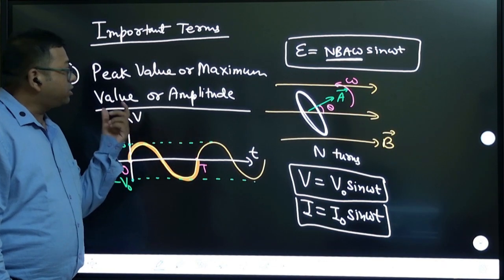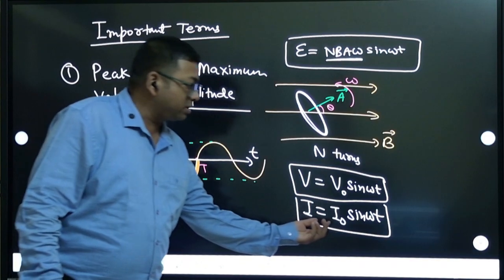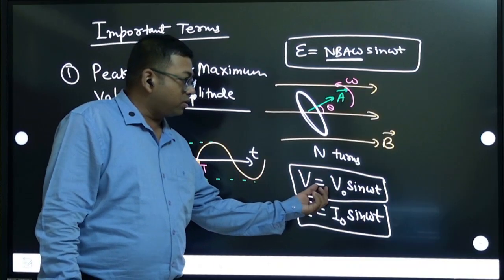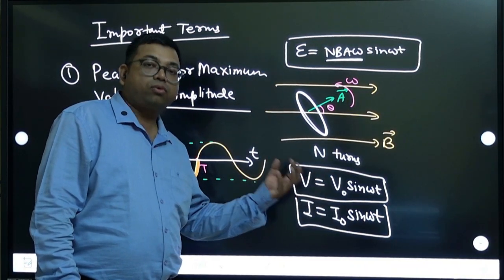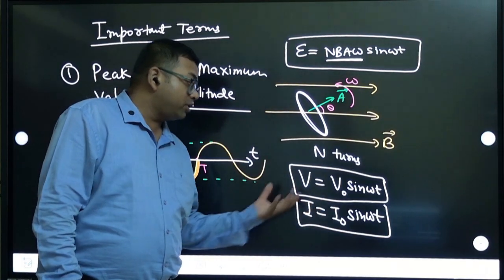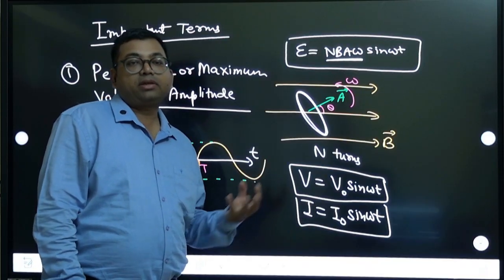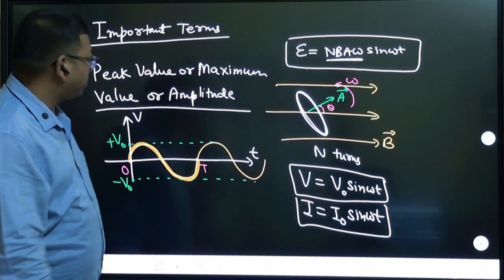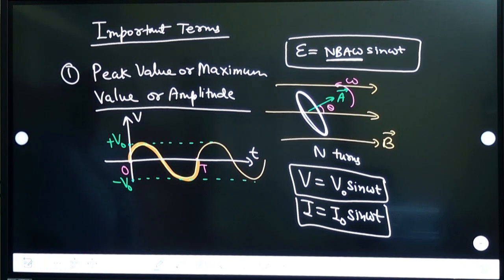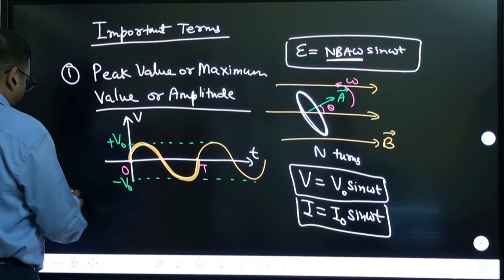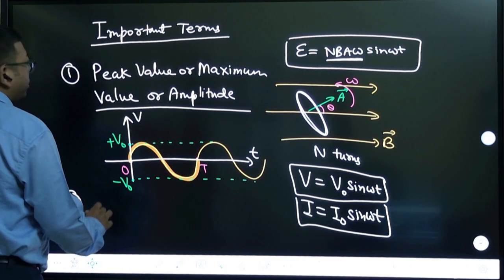So this term V naught, or here in this case I naught, these are called amplitude. This V naught is called the amplitude of voltage or voltage amplitude. I naught is called current amplitude or peak value of current, right? These are called peak values, right? So that's the first thing, peak value. Then the second point